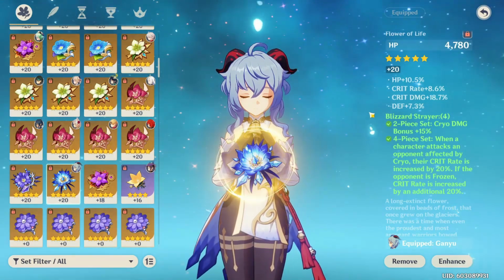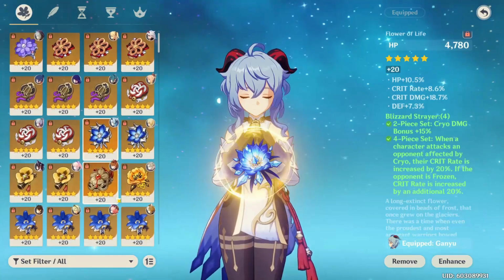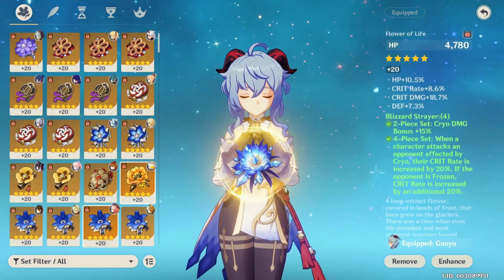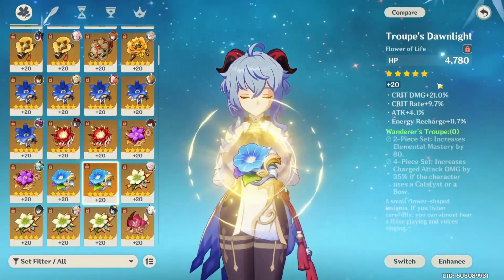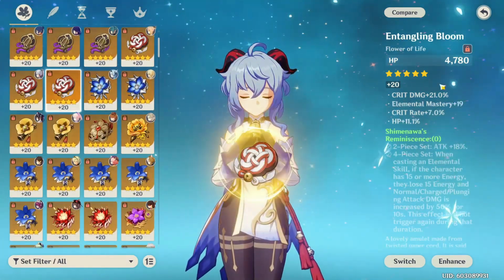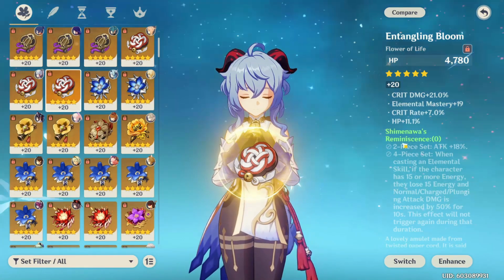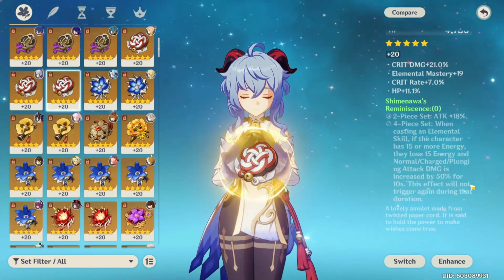If you're not freezing though, if you're running a Melt Ganyu or another version of Ganyu, then there are many other viable sets. The two main sets you want to go for, especially for a Melt Ganyu, are either the Reminiscent set 4-piece or the 4-piece Wanderer's Troop. Both of these are very good and similar in damage, with the Reminiscent set being able to edge it out slightly because it gives you 18% attack and a 50% increase to your charge attack damage